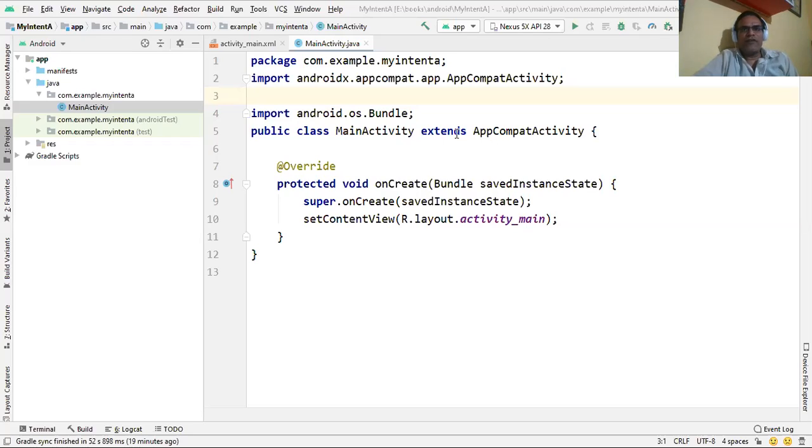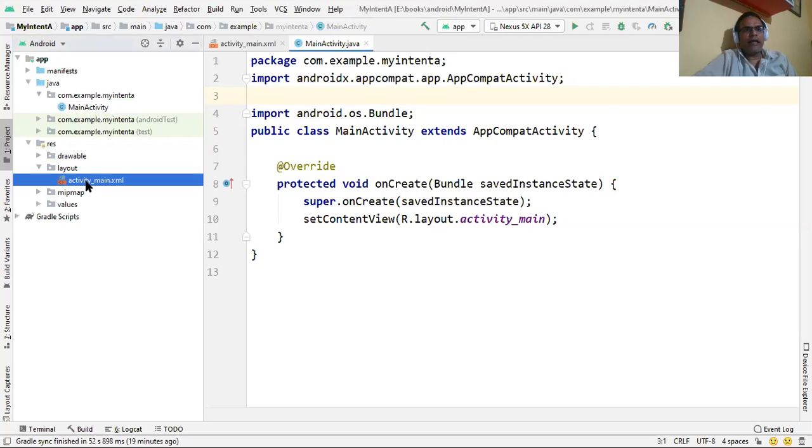So for this, we developed a new application. You can see here, I think it's visible to everyone. This is the application where we use intent. This is the MainActivity.java file and the resource folder, and you can see the activity_main.xml file.